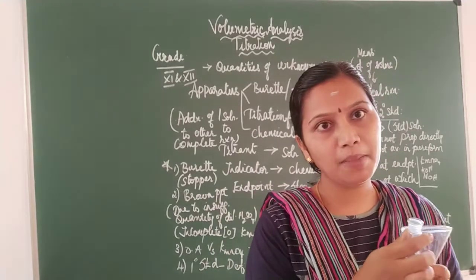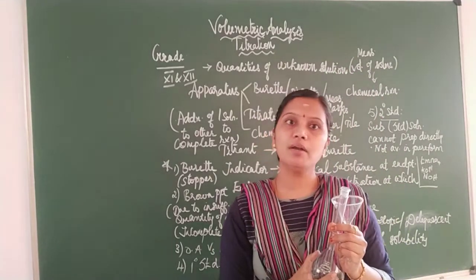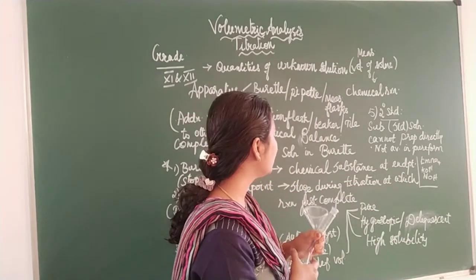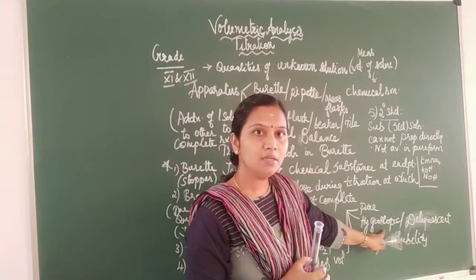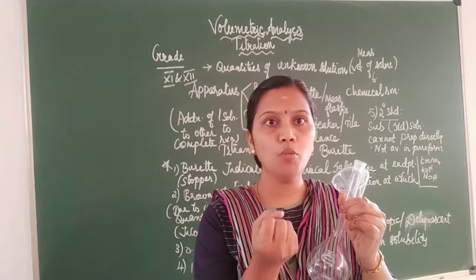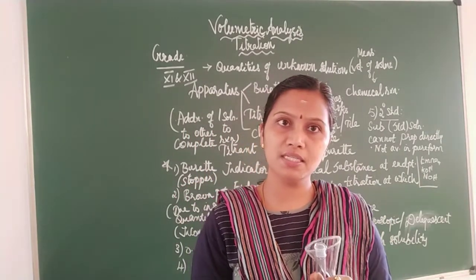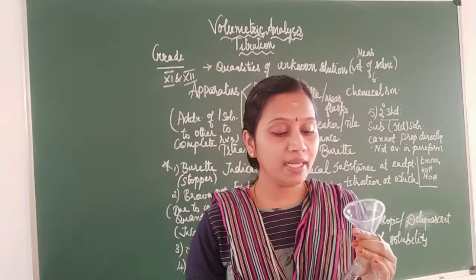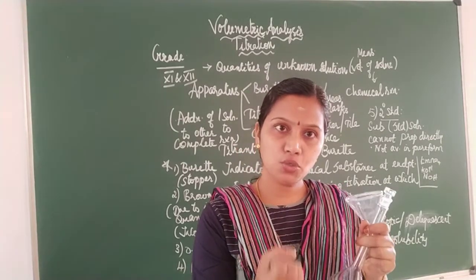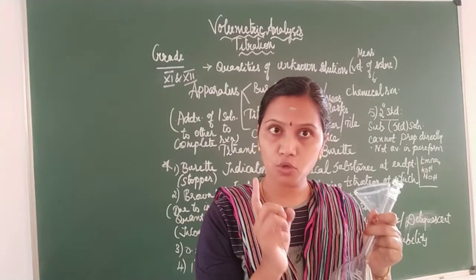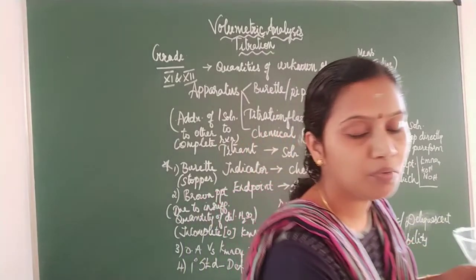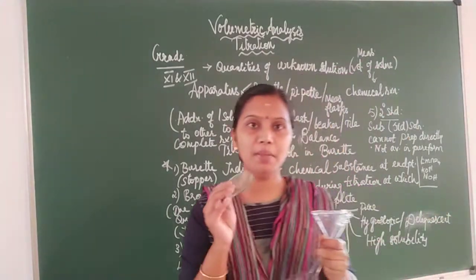I can take it using filter paper too, but there are some substances which are hygroscopic or some substances are deliquescent. You know what the terms hygroscopic and deliquescent mean? Yes, what is the term hygroscopic? Hygroscopic substances are substances which can absorb moisture from the surrounding. So those substances are called hygroscopic. I should not take the weight of those substances using a filter paper, because the filter paper will be soaked, because the substance will absorb moisture from the surrounding. As a result, my paper will become wet. So in those cases, I am not supposed to take the weight using filter paper, or tissue paper.